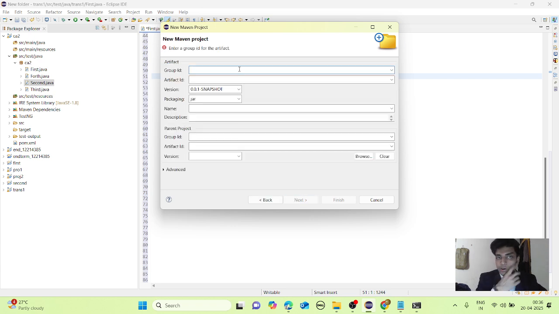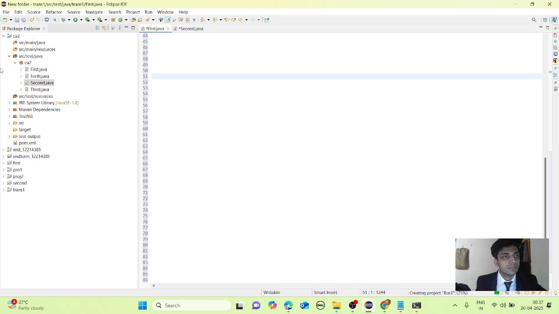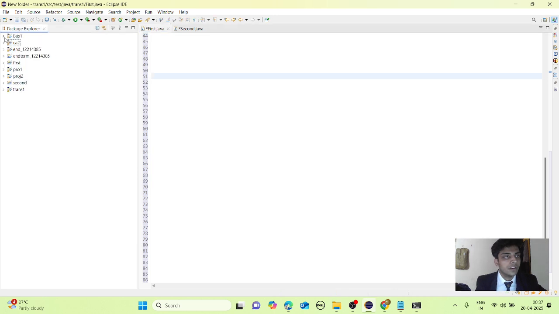It will ask for a group ID and artifact ID. You can give it as bus1. Now click on Finish. Our Maven project will be created, and you can see our bus1 project in the package explorer.